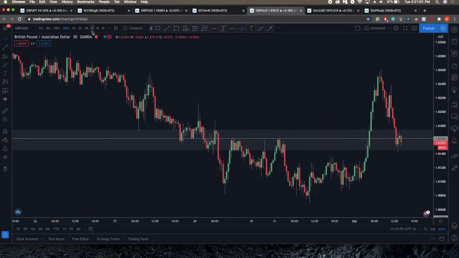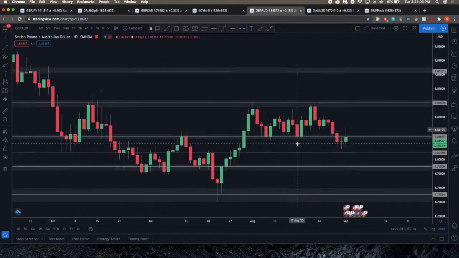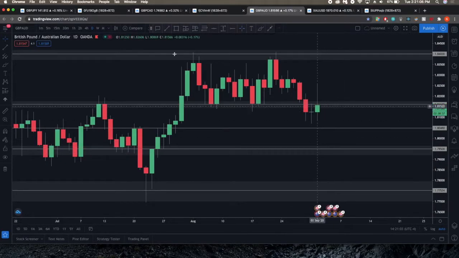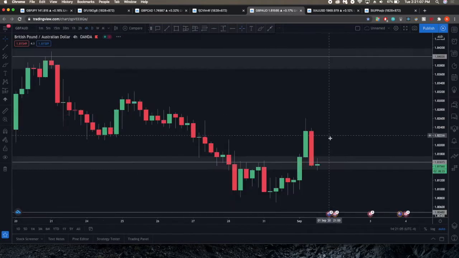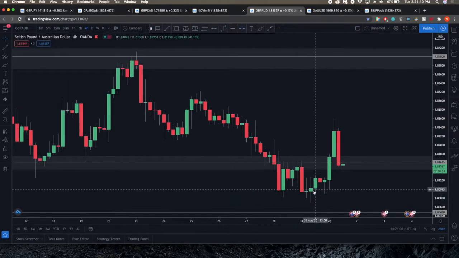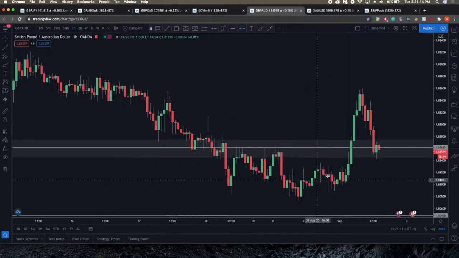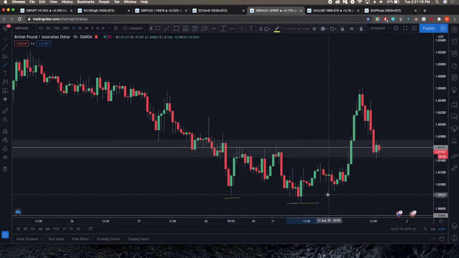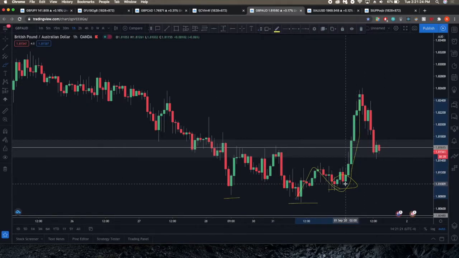GBPAUD. I said that since we closed below, we might continue down, right? But if we did see rejection, we can possibly push back above this level, and that's what happened yesterday. I said that in the analysis as well. So we saw active rejection, first time, second time, and then a higher low made right here. And then you knew that price was likely going to go up and create a high rather than doing something like this, because this right now is indicating